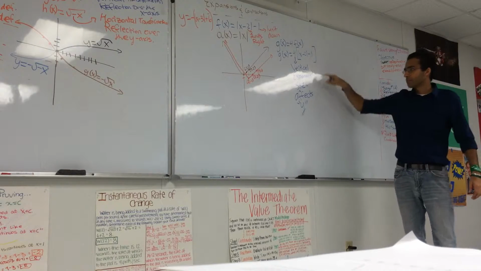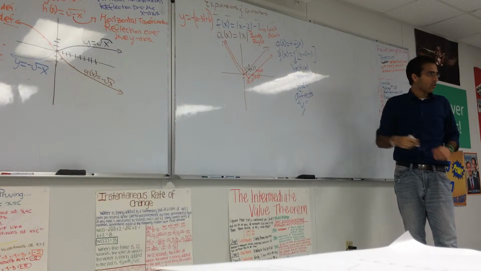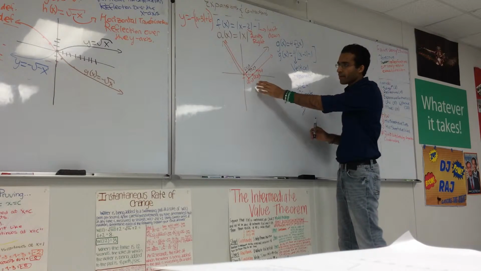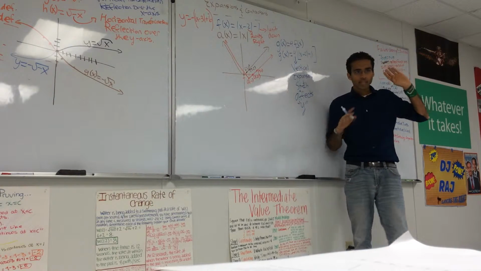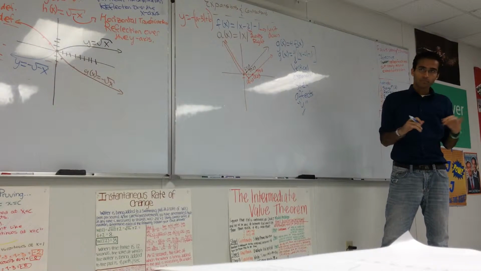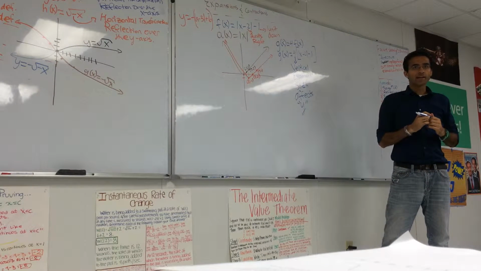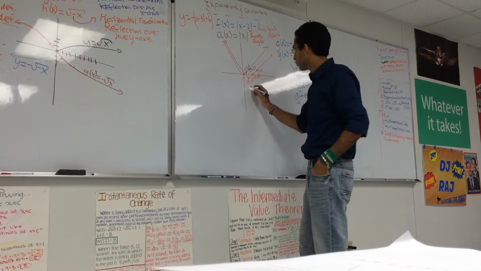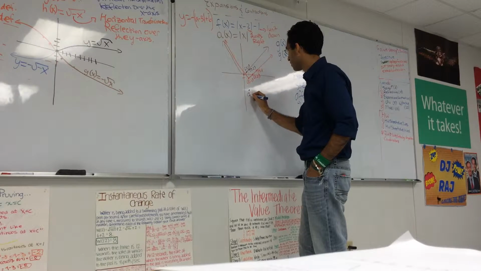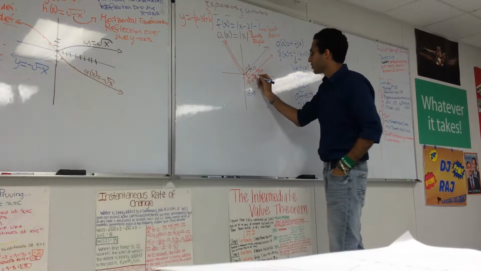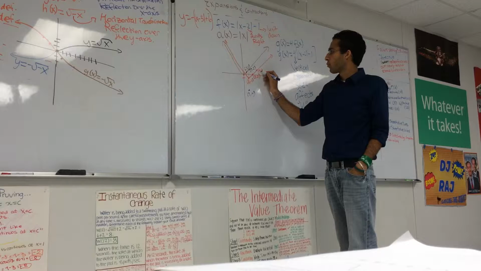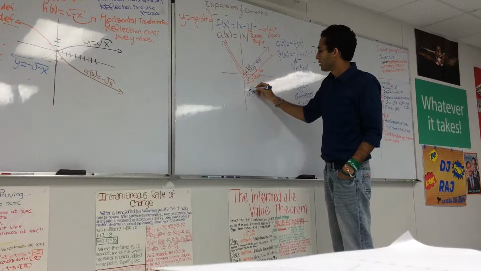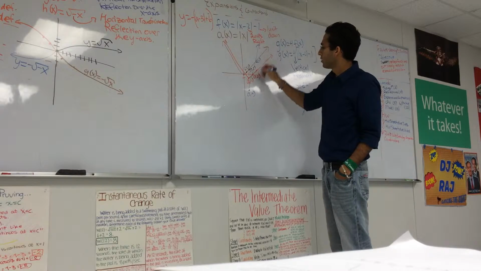Okay, vertical expansion or stretch affects the y coordinate. So all we need to do is the following. Multiply every y coordinate by 4. That's all we are doing. All we're doing is multiplying every y coordinate by 4. So (2, -1) becomes (2, -4). (3, 0) stays (3, 0). (4, 1) goes up here to (4, 4). And there we have